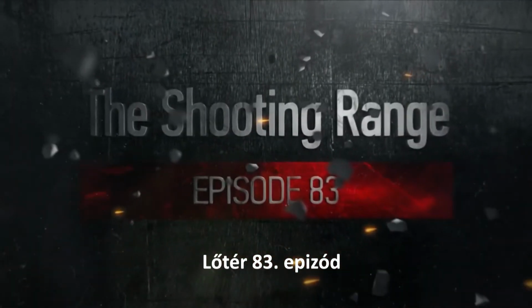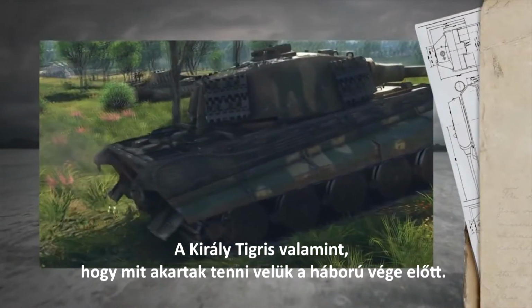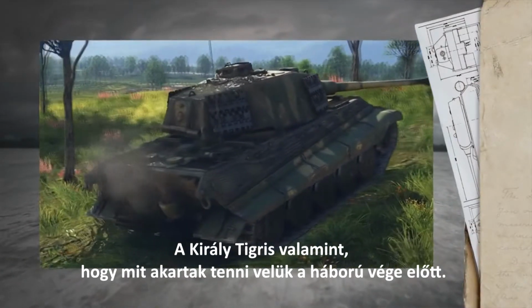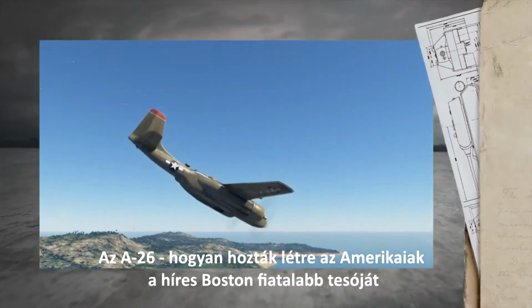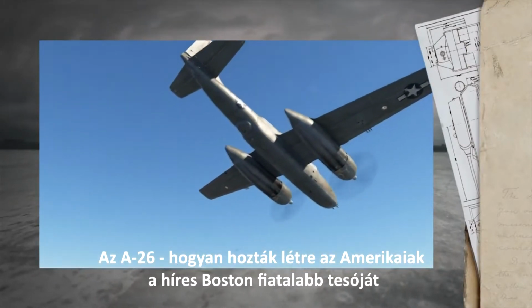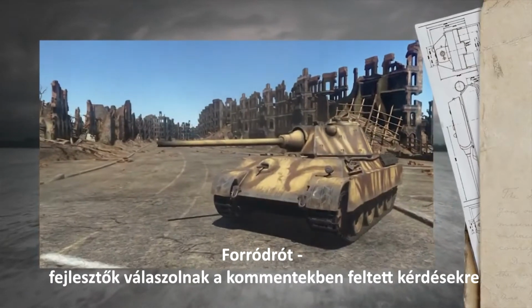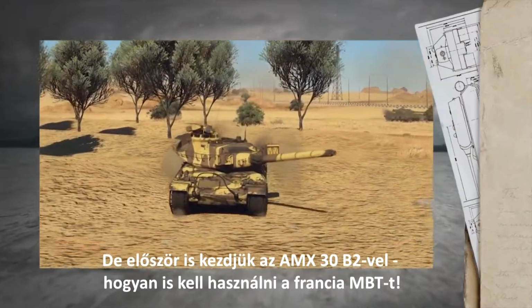The shooting range. In this episode, the King Tiger and what they wanted to do with it by the end of the war. The A-26, how the Americans were creating the famous Boston's younger brother hotline. The developers answer questions that you've left in the comments. But first, let's start with the